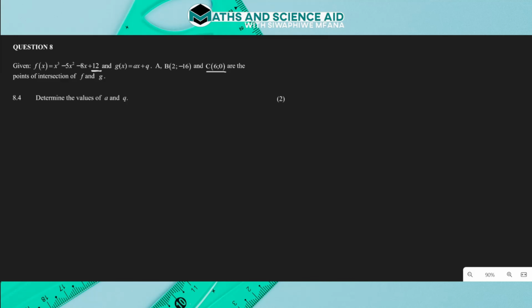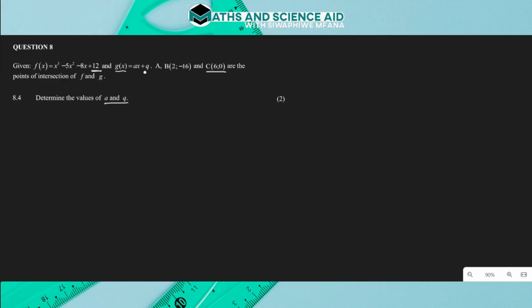Now, in 8.4, we need to determine the values of a and q. So here they are in the equation of g of x. So in other words, we just basically need to work out the equation of g. And remember that we're told that the points A, B, and C are all the points of intersection of f and g. So basically, it means that g also passes through these points A, B, and C. And as we can see from the equation they gave us,